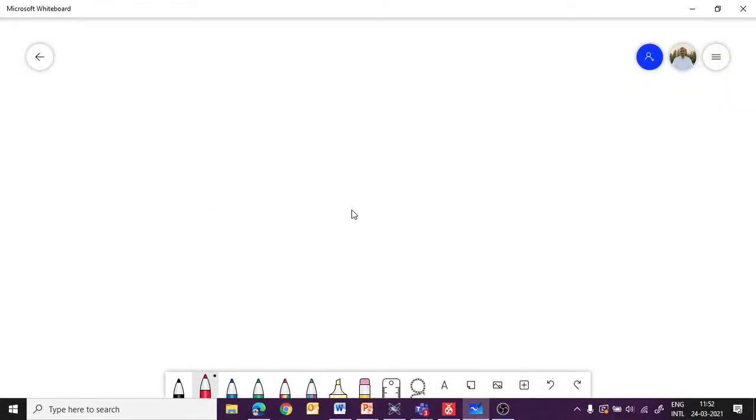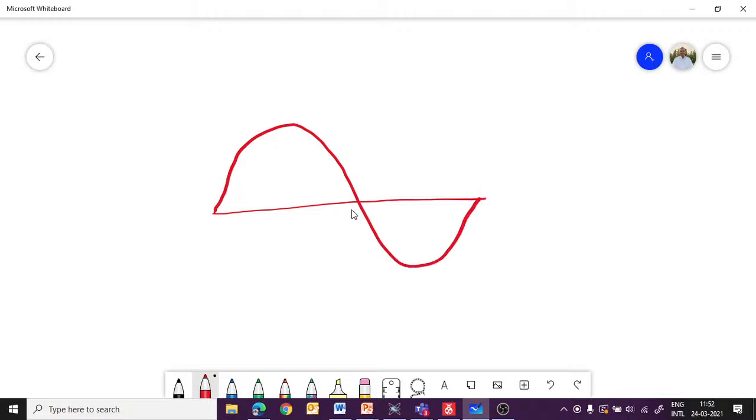Let's say you have a sine wave like this. Let's say we have different sample points here. These are the different sample points.